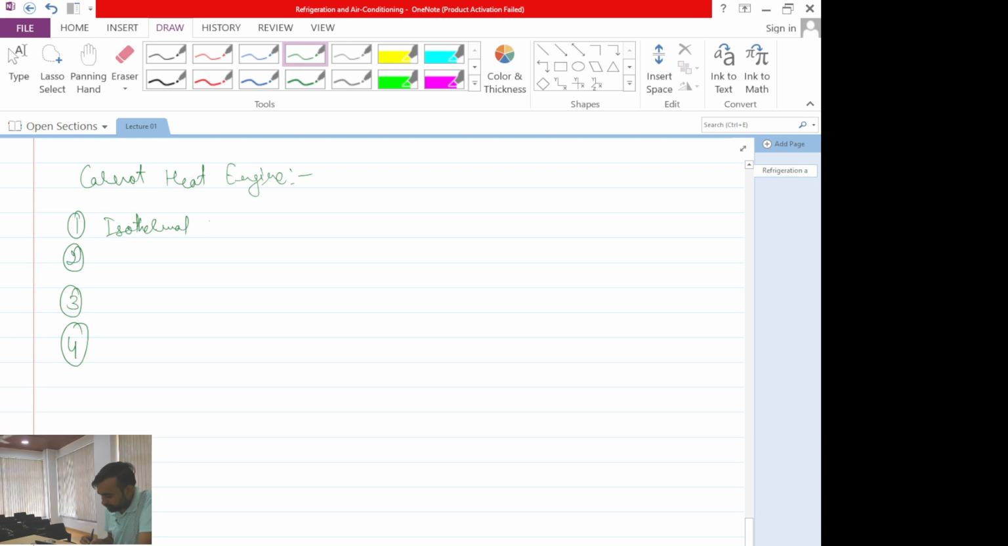Isothermal heat addition. What else? Reversible adiabatic or isentropic, because all reversible adiabatic processes are isentropic. Isentropic expansion. Then isothermal heat rejection. And then